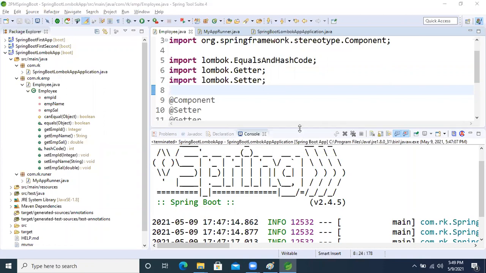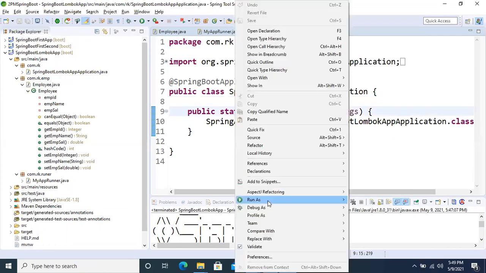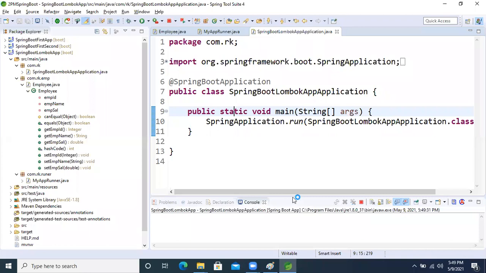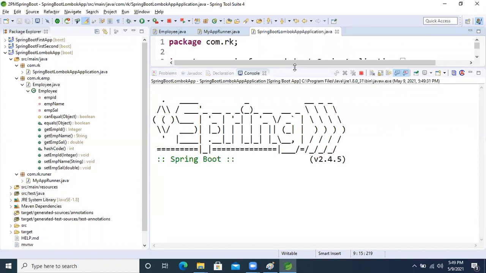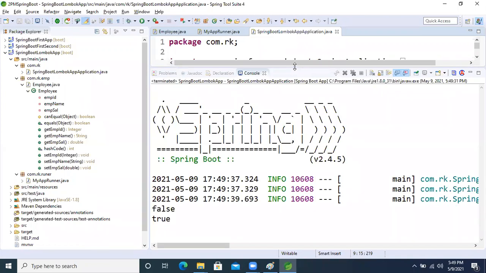Okay, leave it. Now I'm running the application. Now see who gave the false answer. It is false and true.